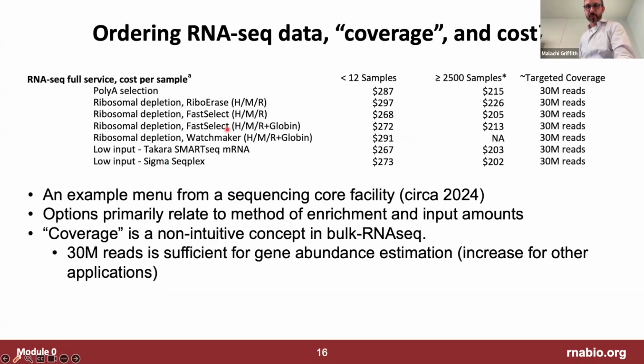Any questions on the different ways to generate the data? People often ask, how much data do I need? That's one question that you have to decide. You can just go with what your core recommends. They will generally recommend what I consider a pretty small amount, something like 25 million to 30 million. There was a very well-known paper that did a statistical analysis,